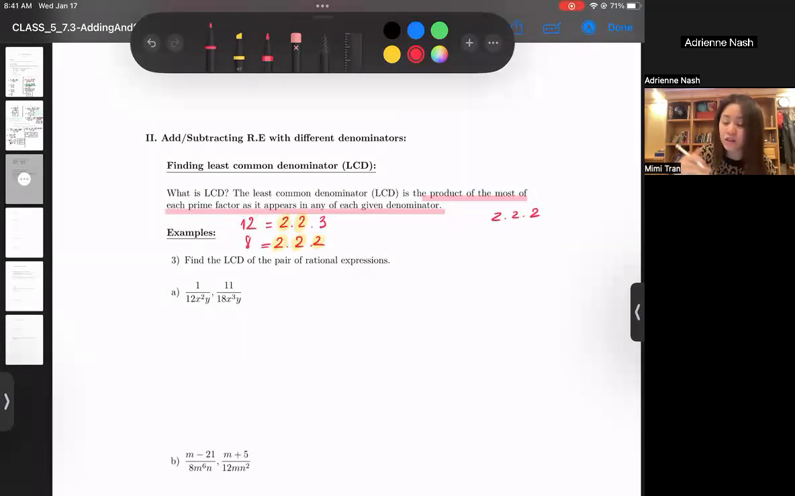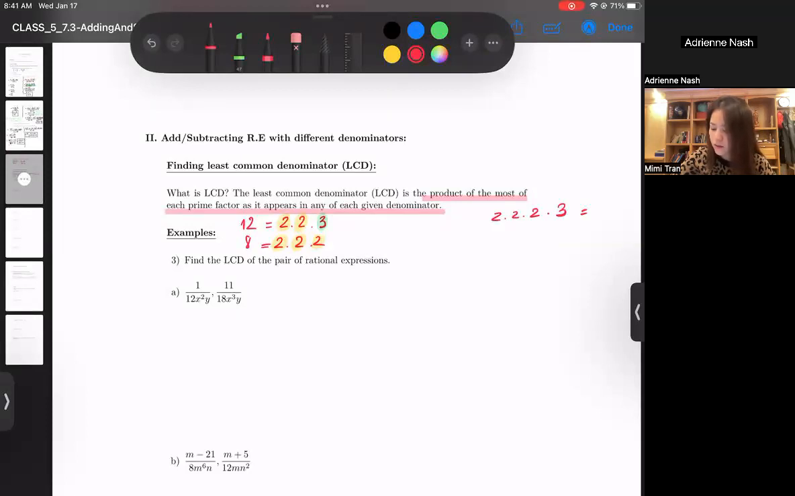It's kind of the opposite of factoring, right? And then the 3. How many 3s do I have? I got one 3 for the 12, but I got no 3 for the 8, right? But you want to choose the most. So one of the 3, so times 3. So together, 2 times 2 times 2 times 3 is